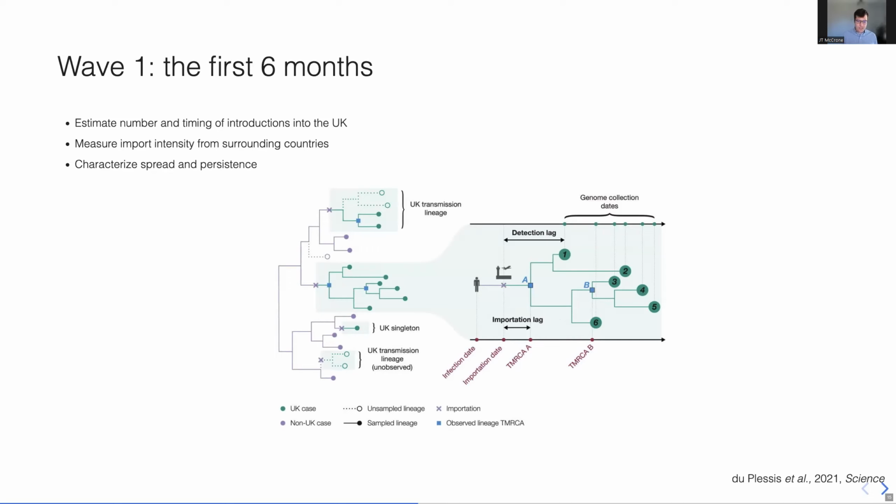A lineage in this case is an introduction into the UK, followed by subsequent spread and detection. This would be an introduction into the UK, followed by a single sample. And then, of course, there will be unobserved introductions into the UK. And so we expect that our calculations here will be sort of a lower bound on the number of true importations into the UK. This analysis was done with about 50,000 sequences,